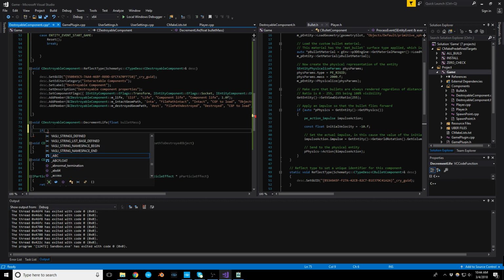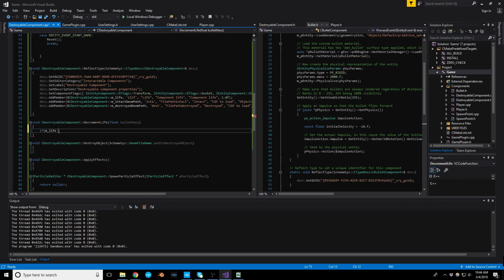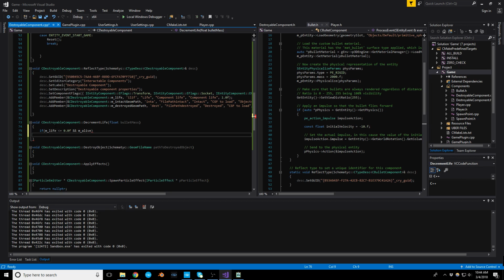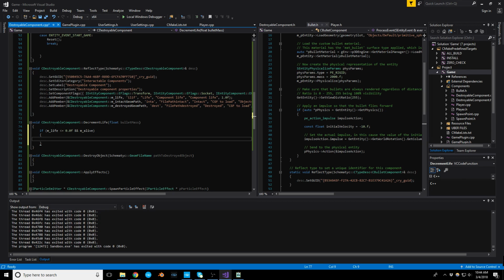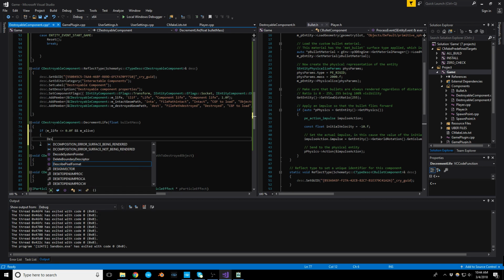So if m_life is... because we want to make sure that, basically, this is where we're going to spawn our particle effect and play our sound. And if this one is 0.0f, and m_alive is still true. The reason for the alive check is that we only want to do this once, right? So what we're going to do is call DestroyObject,